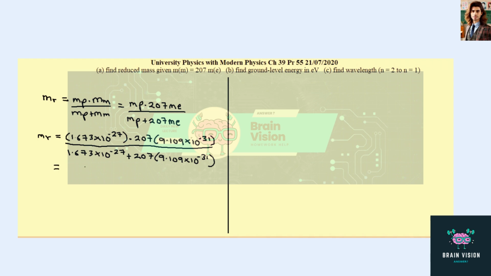If you do this carefully with your calculator, you will arrive at the reduced mass as